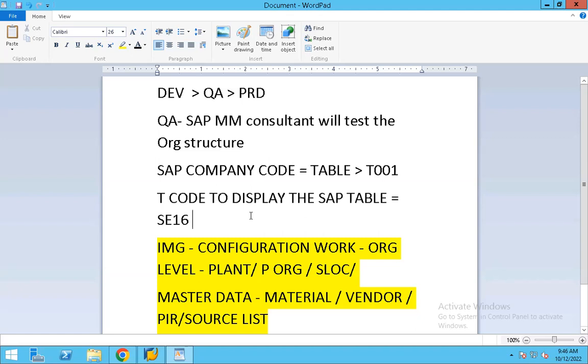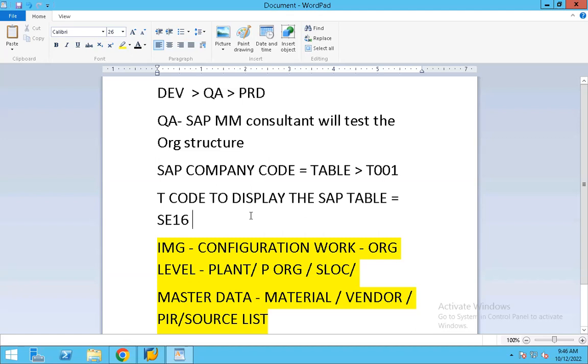That's a very good question, Daniel. You can very well use the existing company code for your practice. There is no harm in it. But I created this new company code just to show you the different process steps, how you can create it, right? But you can still use 0001 for your practice, and this is the standard one which is available in the server. Yep, you can do that.